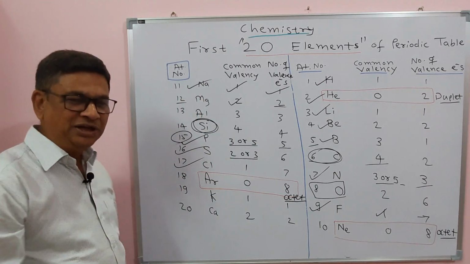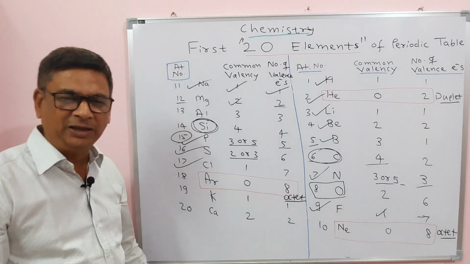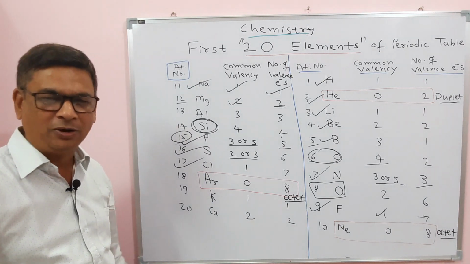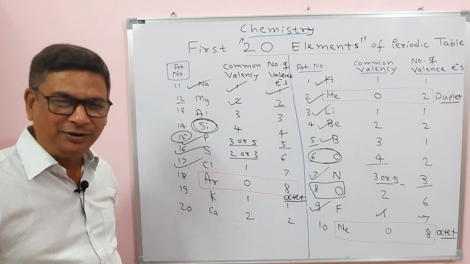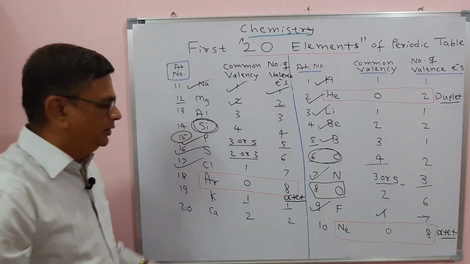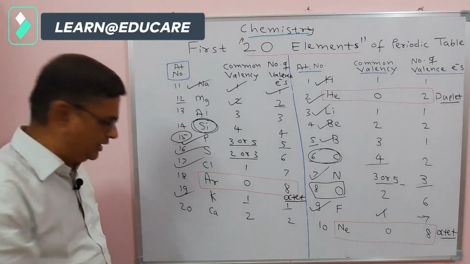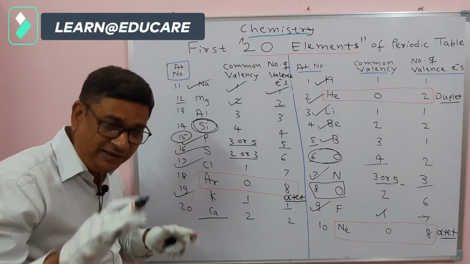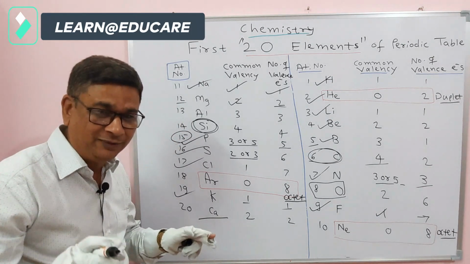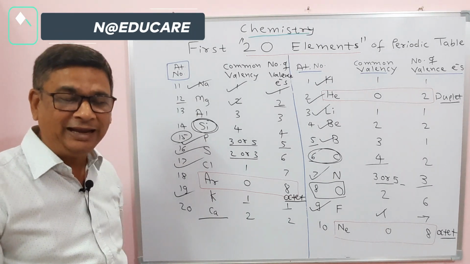The next one is potassium. Potassium is an alkali metal like sodium, it is below sodium in the periodic table in the first group, an s-block element, to know its chemical address in the periodic table, and its valency is 1, its number of valence electrons is also 1, atomic number 19 I have just told. The last here is 20, last meaning 20th, not last in the periodic table. We are taking only the first 20 elements. In the periodic table there are a total of 118 elements.